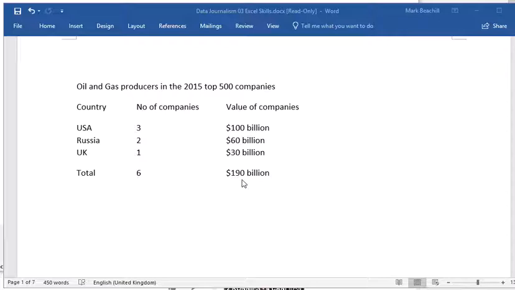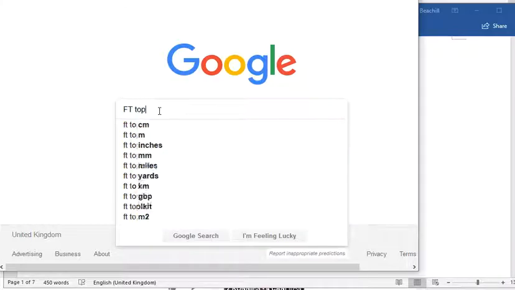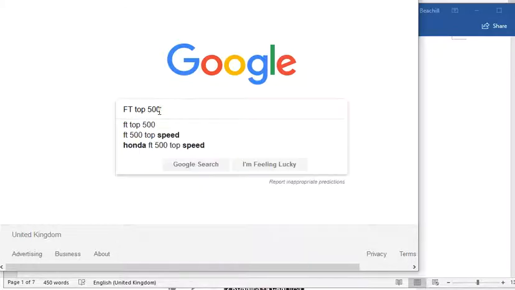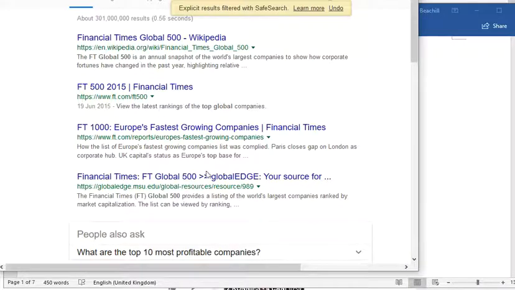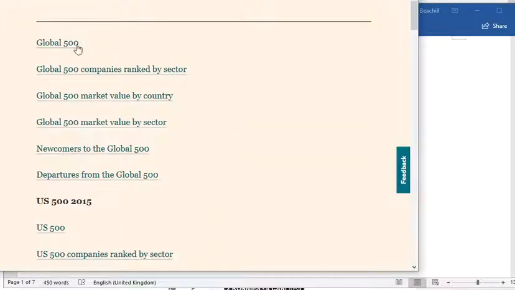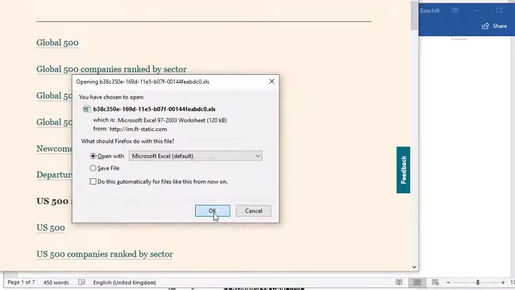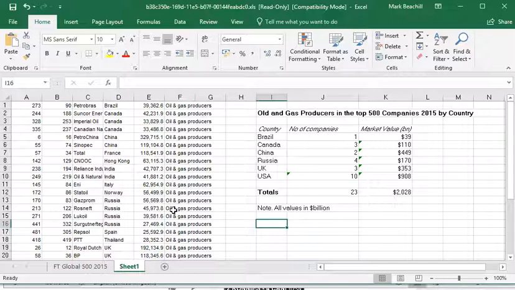Now there's a link to the data on Moodle, but I'm just going to show you how to search and get the data. So if we go to Google, we go to FT Top 500. And the top one that we get is FT 500 2015. And if we go down here, we see Global 500. That's our data set. And if I open that in Excel,